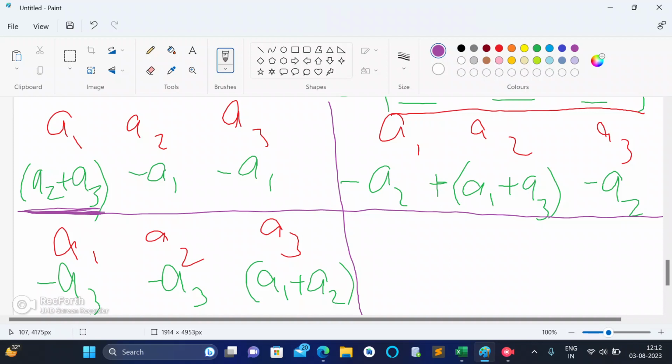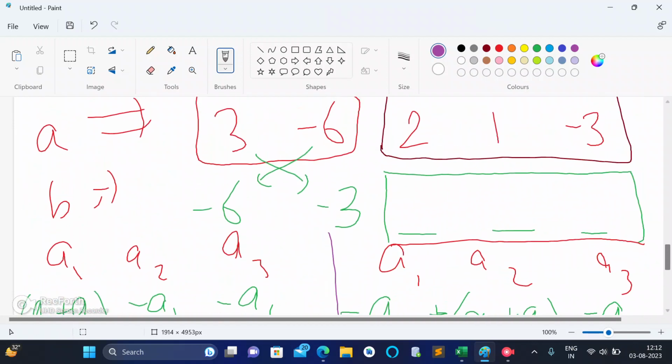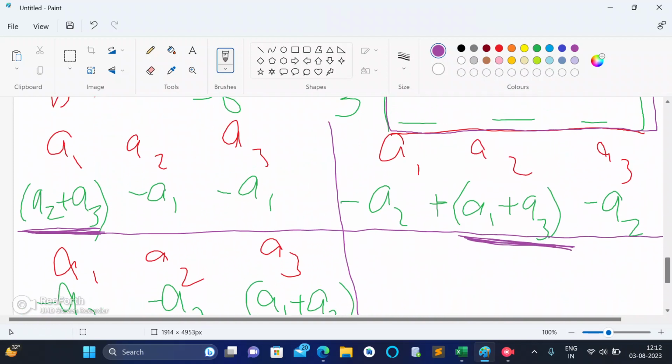One important thing you can observe here is that it is a2 plus a3 in the first section, a1 plus a3 in the second section, and a1 plus a2 in the third section. So for filling these values, there are actually three ways.